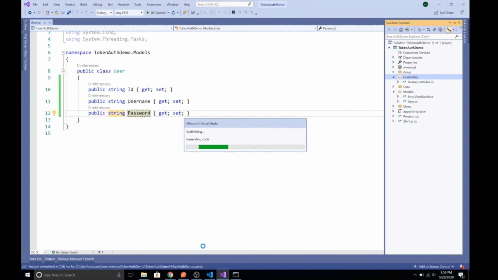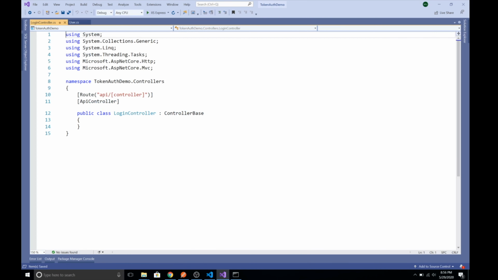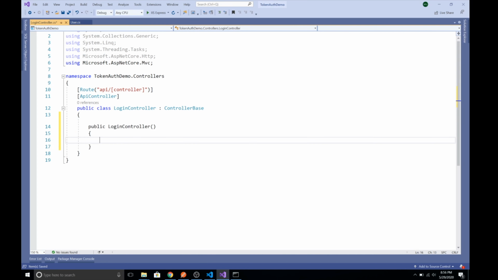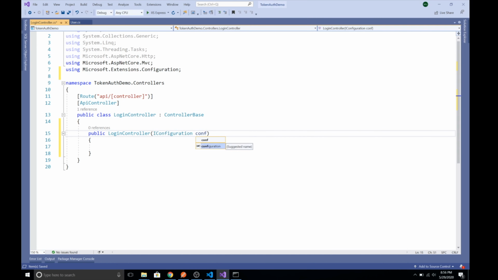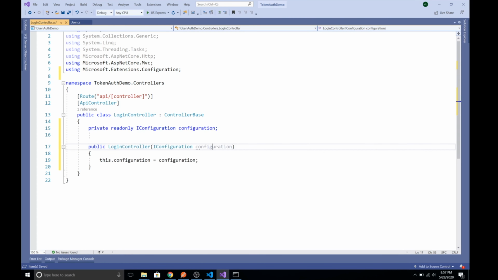and we'll be using this controller to log in the user from our client application. And for this demo I'll be using Postman, the application that can be used to call the web API. So let's generate the constructor here, and in this constructor let's pass IConfiguration, and we're going to need this configuration later on. So let's generate the backing field for this configuration, and let's give it an underscore here,